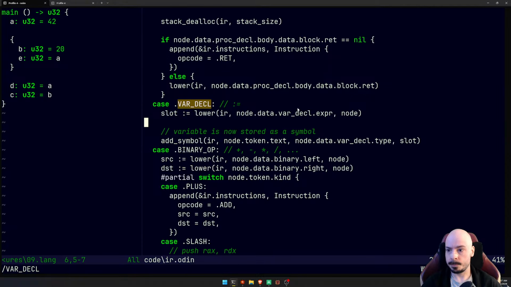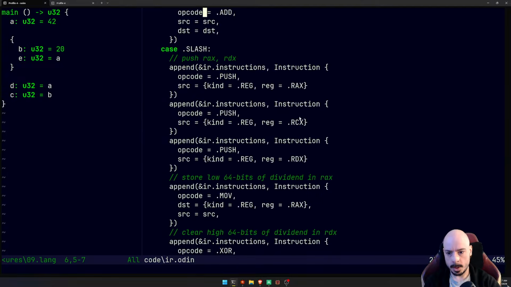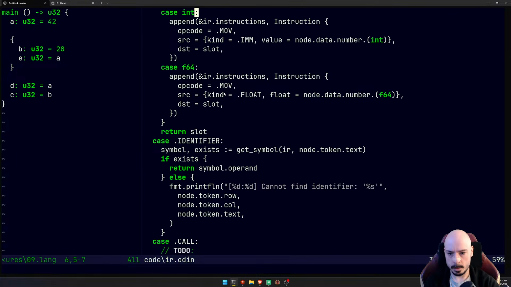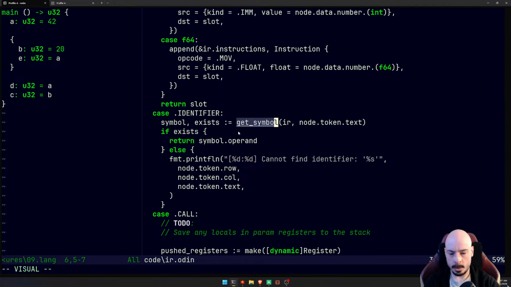How do I not do that? At the right-hand side. So we lower it, which means we call on the expression. And if the expression is an identifier,